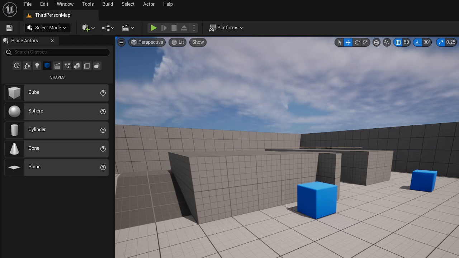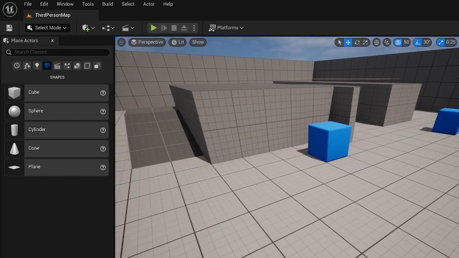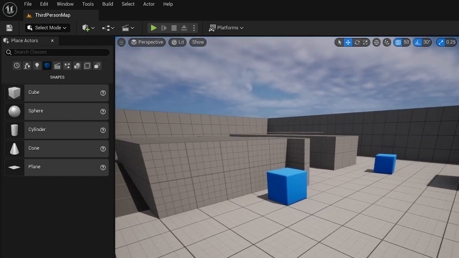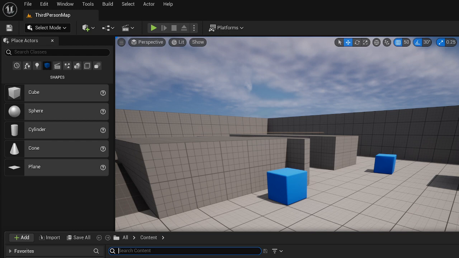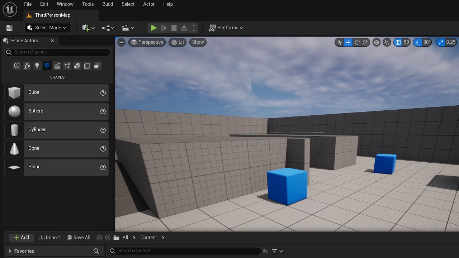So now we have the outliner, we have the canvas, and we have the actors on the left. What I'm going to showcase to you now is the content drawer, the one at the bottom. You probably don't have the developer mode, so in the content drawer at the bottom, you need to go to the settings and